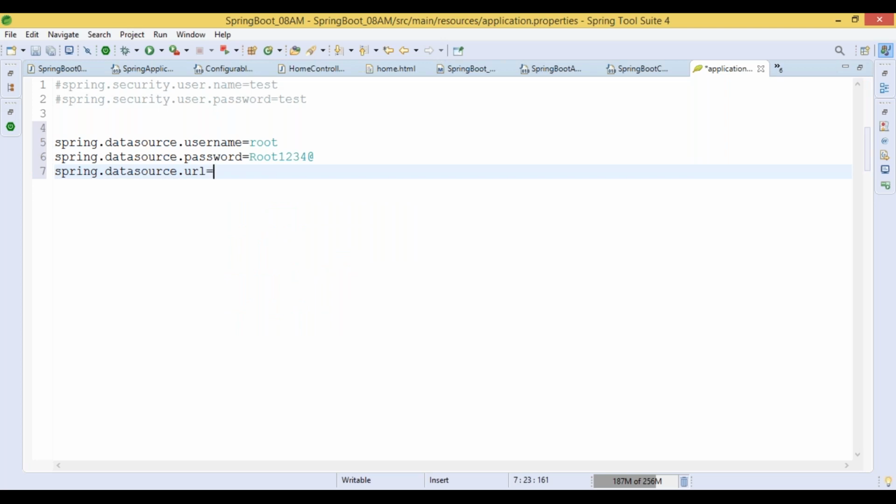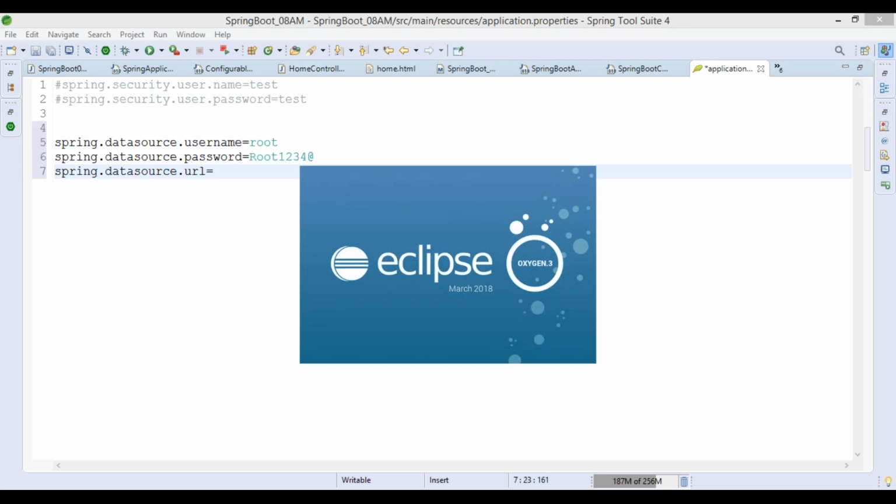Let me copy from the previous example, because if you miss anything in the URL, we will get errors.